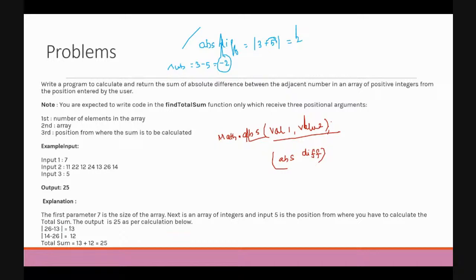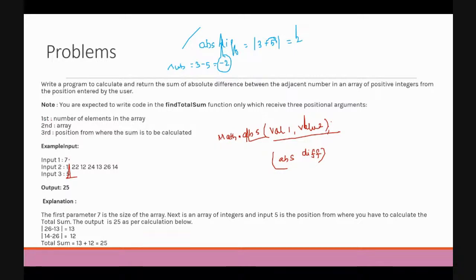Now I have a constraint that I have to sum all the absolute differences starting from the given point. For example, consider this example: 11, 22, 12, 24, 13. I need to start from the fifth value. They have mentioned a note: the first input is the position from where the sum is to be calculated.